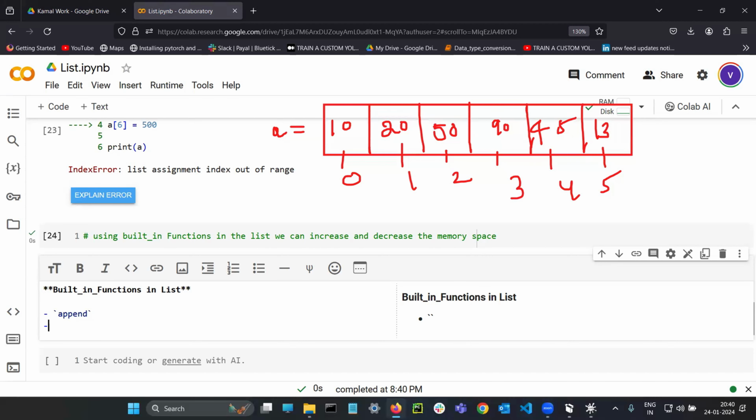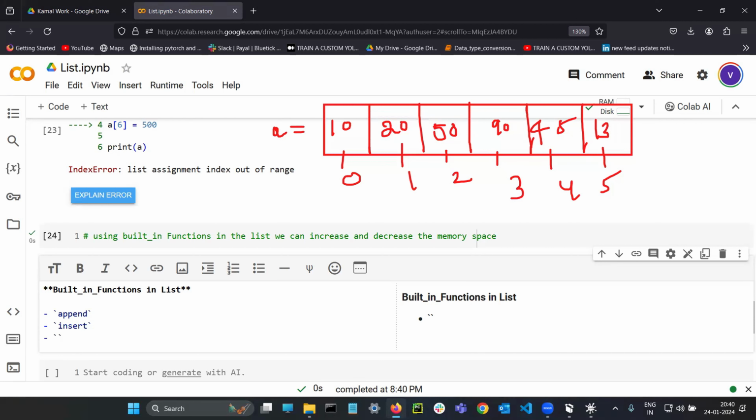First function, append, important. Insert, important. Pop, important. I think pop or remove. Remove and discard comes for the set concept. So here pop is there. I think remove is there. Yes, remove function will be there. Okay, if there is any change, I will do it. So remove, sort,